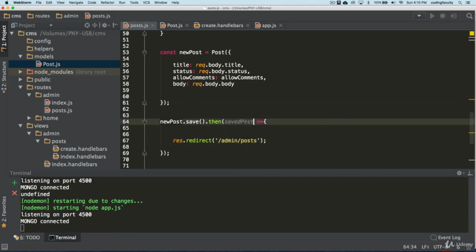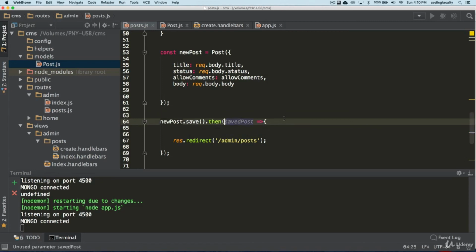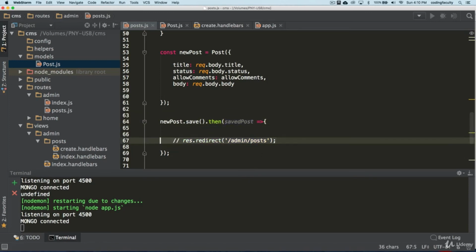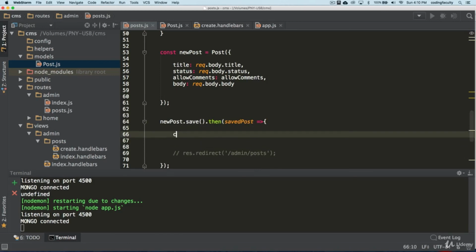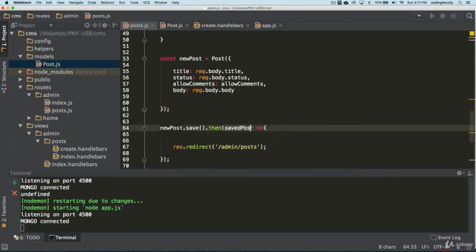We could, if we wanted to, we actually don't need to do this, to be honest with you. I think once you save the post, we don't need to do this, but you could, if we wanted to, console log this and see what we get, just for our own purposes. Well, let's just test this out first, and then we console log so you can see what we get after.